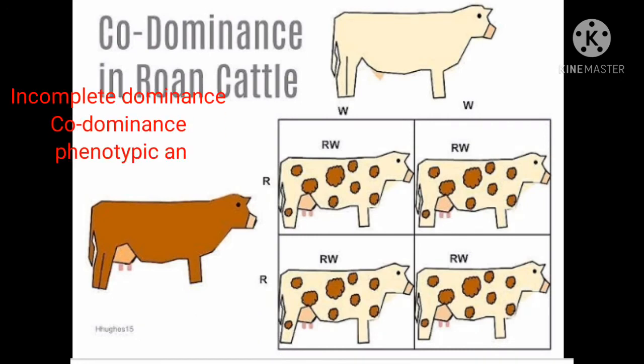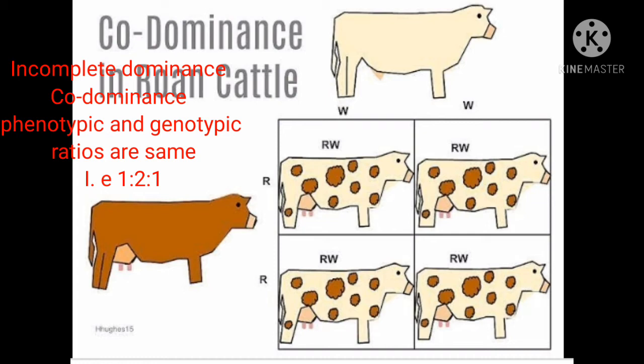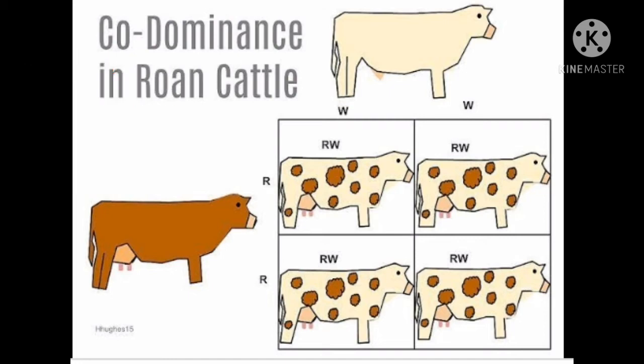So in both incomplete dominance and codominance, the genotypic as well as phenotypic ratios are the same, identical. But in case of incomplete dominance, the name itself, incomplete means not completed, the phenotype of the hybrid is intermediate, that is in-between characters are there. While in codominance, both the genes are expressed equally in the F1 generation. So this is the difference between incomplete dominance and codominance. In incomplete dominance an intermediate product is formed, and in codominance the characters are expressed equally in the F1 generation.